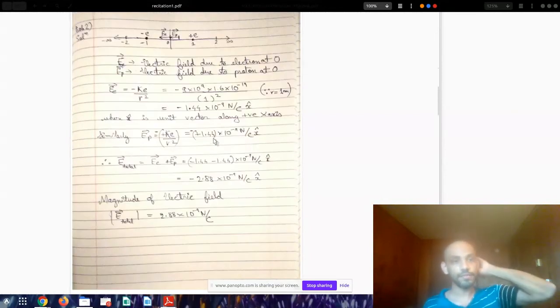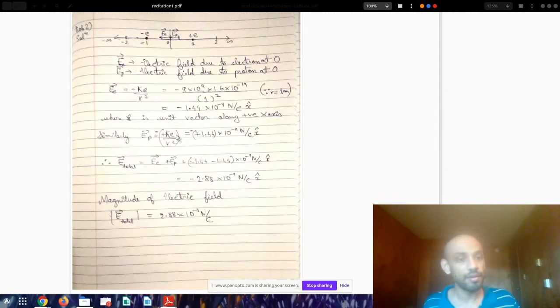So the electric field due to the proton will have the same magnitude, because the magnitude of the charge is the same, and it's also in the same direction, so it's also having the same value. So you just got to add those 2 values. If I add those 2 values, 1.44 times 2, that's 2.88, and since both of them are acting in the negative x direction, so my overall resultant, the total electric field due to both of these 2 point charges